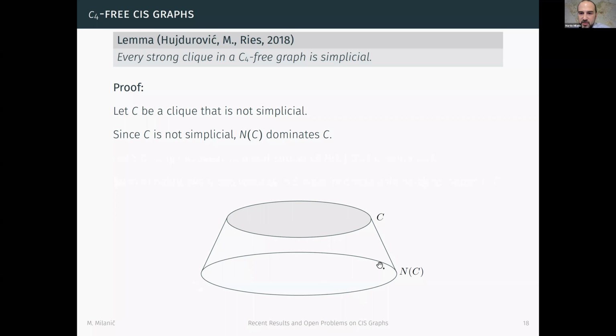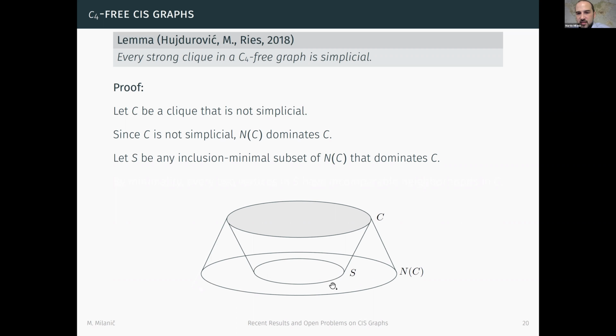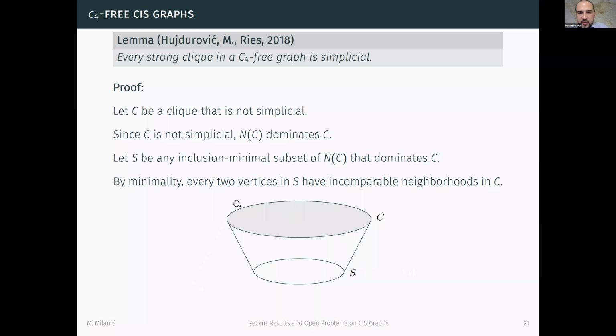Now, because the neighborhood dominates the clique, maybe we do not need all of the neighbors. We can just take a subset, any inclusion minimal subset of the neighborhood which already dominates the clique. Let's call it S, and we forget about the rest. Now, it turns out that because of this minimality, every 2 vertices in this set S must have incomparable neighborhoods